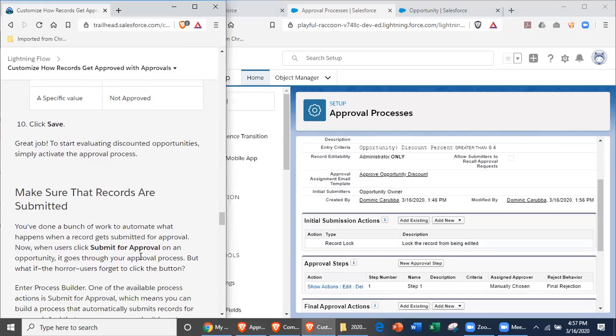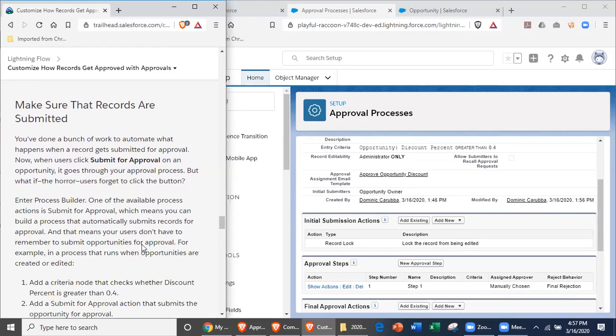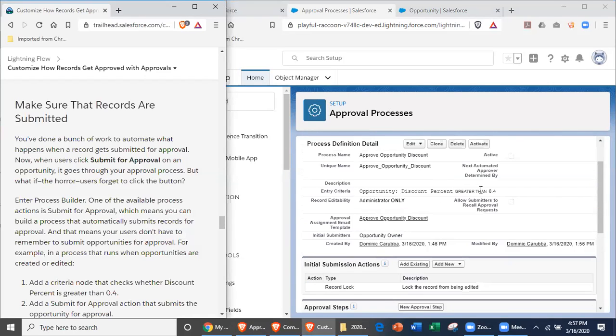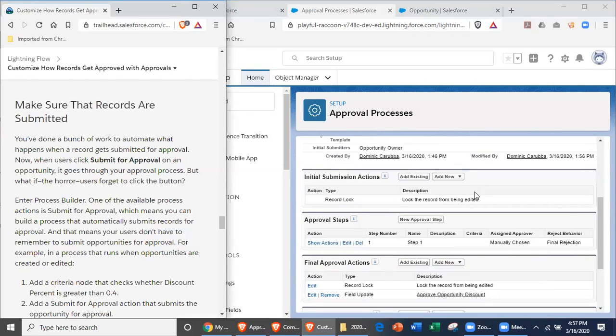All right. So now when a user clicks submit for approval on an opportunity, it goes through that process. So if the discount percentage is greater than 40, it's got to be discounted. I don't know what you're selling,